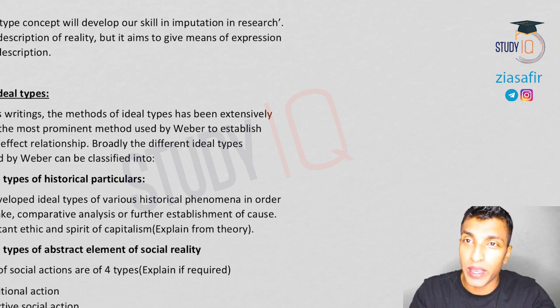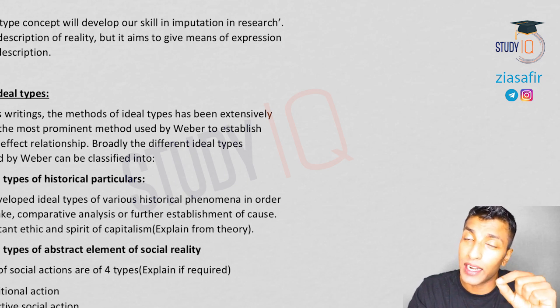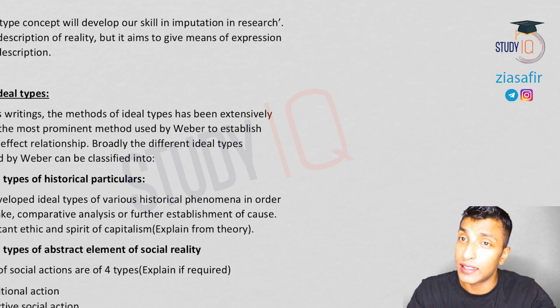So you don't want to make it very complex. I bet 90% of the people study ideal type without actually understanding what it is, and just because it is in the syllabus, they mug it up. That's actually not required. I say 90% because I'm seeing hundreds of papers. At least 500-600 people are taking the test series with me, and I'm evaluating at least 100 papers in a week, daily 10 to 15.